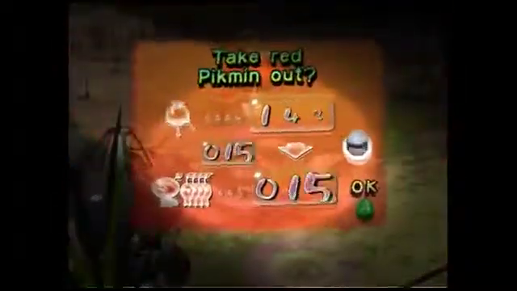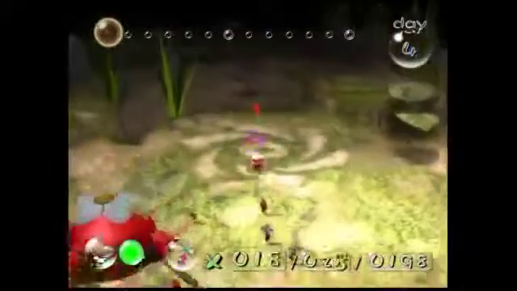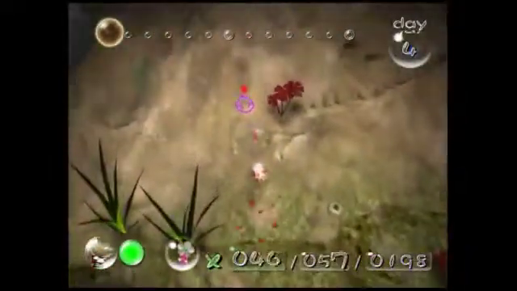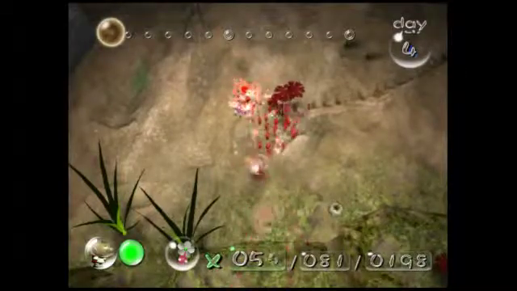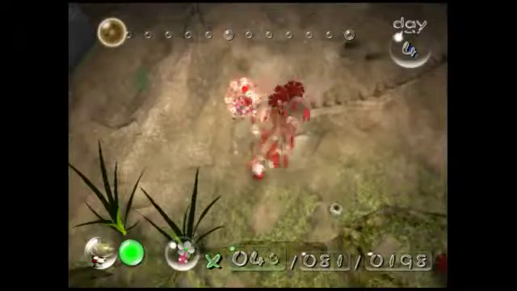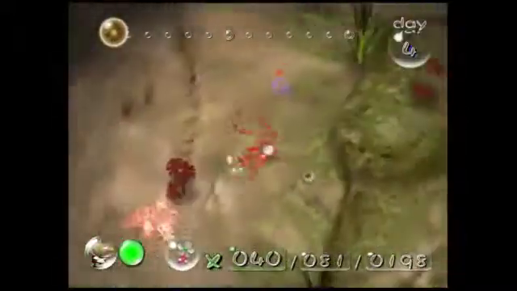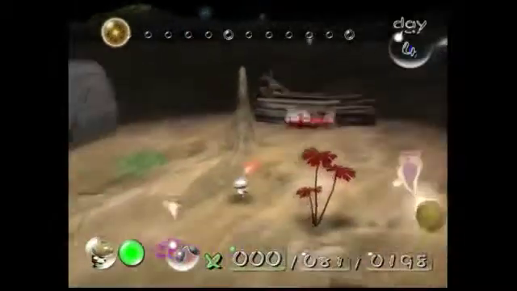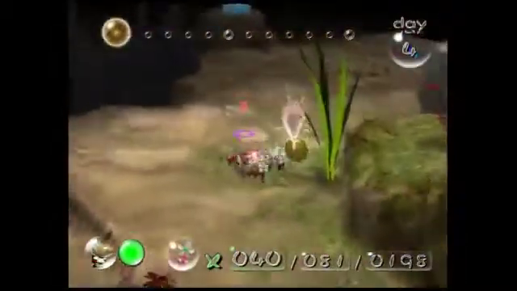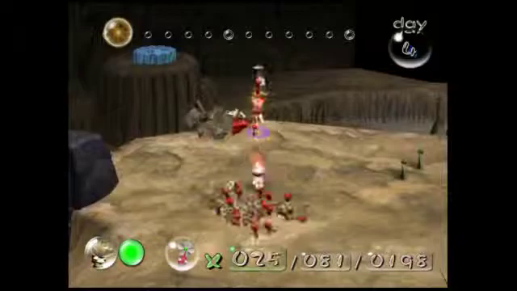Now you're going to want to get 81 red Pikmin out. You're going to want to walk Olimar over to about here and begin throwing Pikmin until you have 40 left in your party. Come on, there you go. And put 40 over there, and use the rest of your Pikmin over here to create that bridge. Throw 15 Pikmin over here, and they'll get to work on this